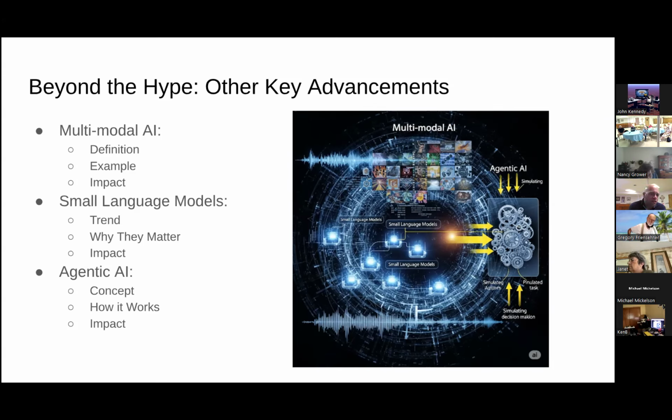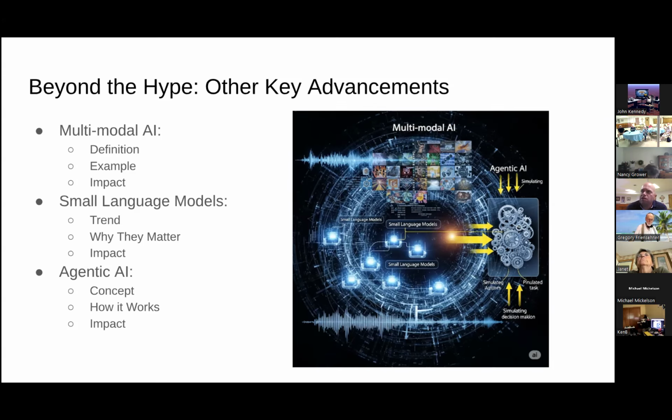An example would be, imagine an AI that can understand a spoken question, then generate an image and a piece of text as the answer. We already have that. The impact, it enables more sophisticated and human-like interactions. It's crucial for applications like advanced robotics, immersive virtual experiences, and comprehensive content understanding. Google has a tool called Gato, or I think it's Gato, G-A-T-O. It's an early example. It's not available to the public yet, as far as I'm aware, but it's been trained at performing 600 different types of tasks over diverse modalities.